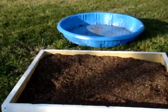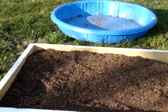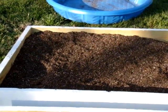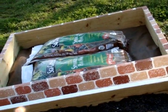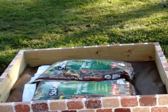So over there, it should end up being a nice light brown with lots of white specks in it when you're done. So I'm going to go ahead and get the rest of these mixed up, and then put the grid on top of that and show my little boy how to